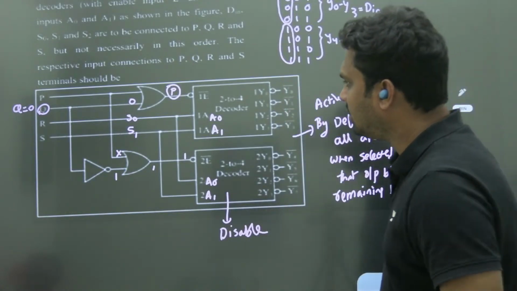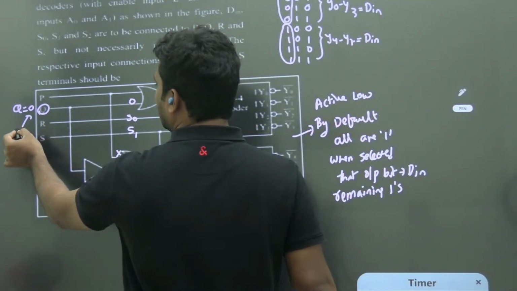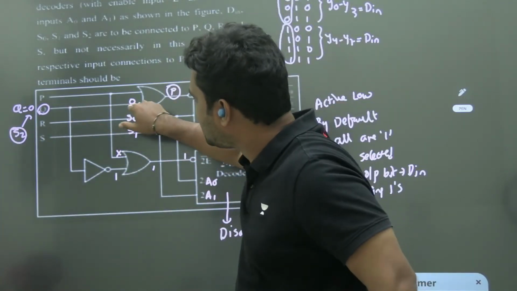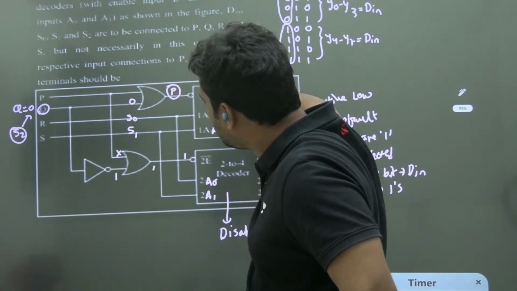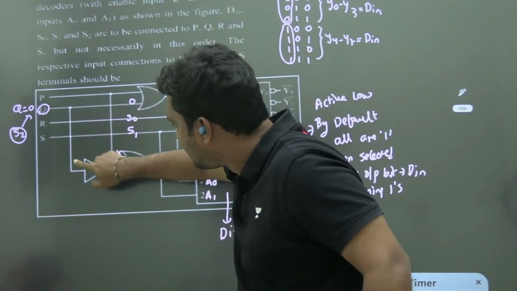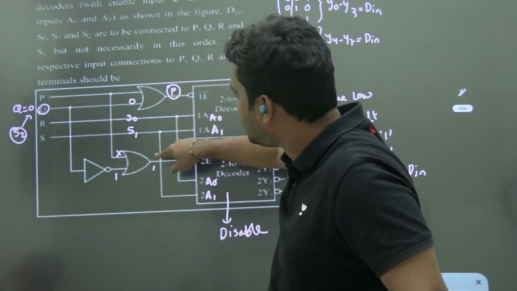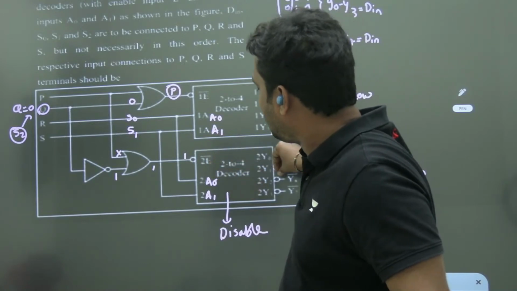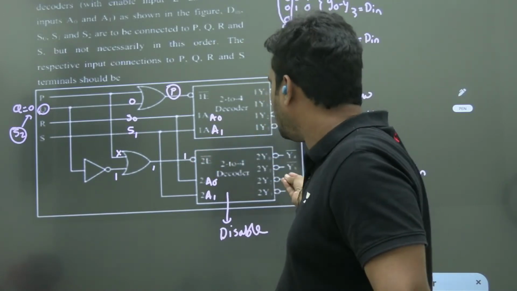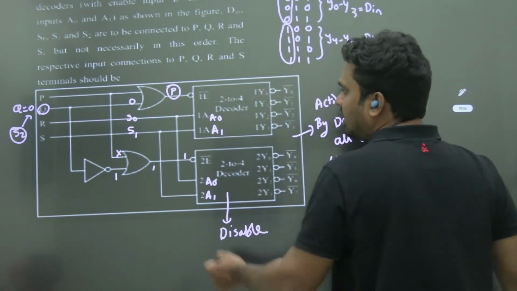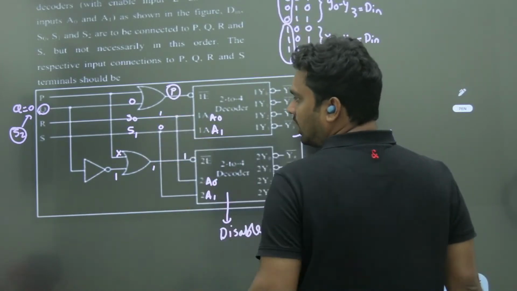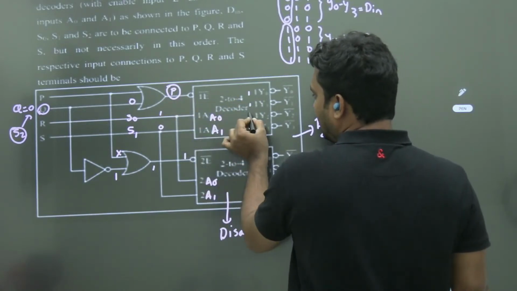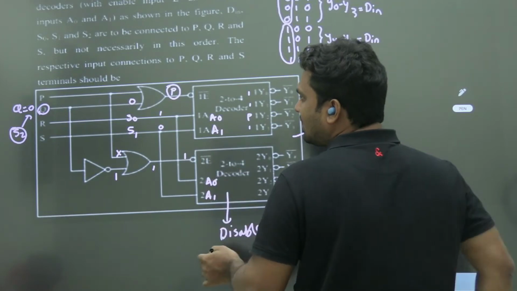So here Q will be connected to S2, because that will decide. Suppose S2 is equal to 1, then 1 plus anything is 1. This will be disabled because it is active low. So that 1 will come here, 1 bar is 0, and 0 plus P means P will come, and P will decide the output. Suppose now S1 S0 is 1 0. Then all others will be ones by default. Here P will come. How will P come here, sir? Because